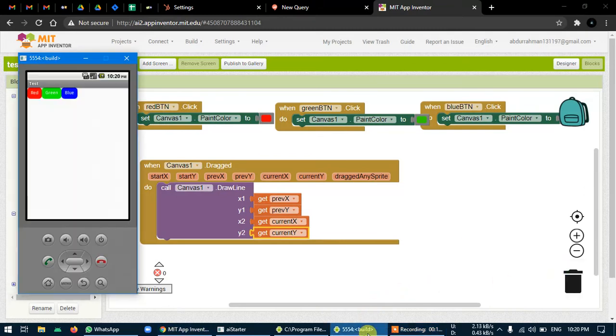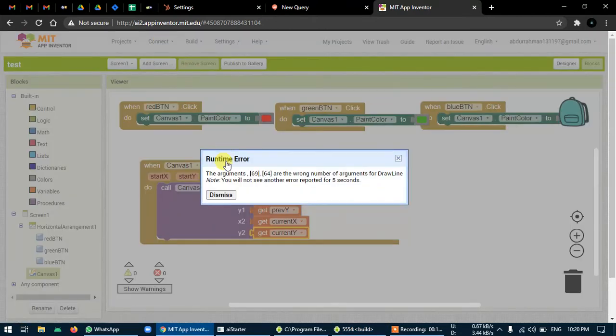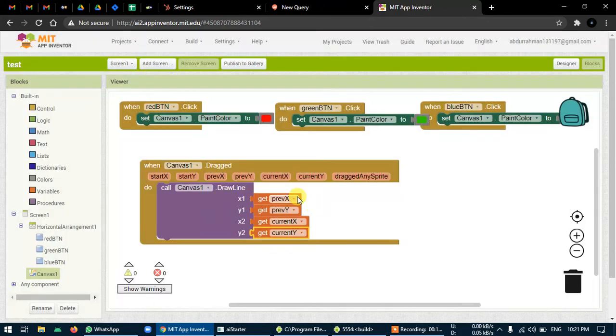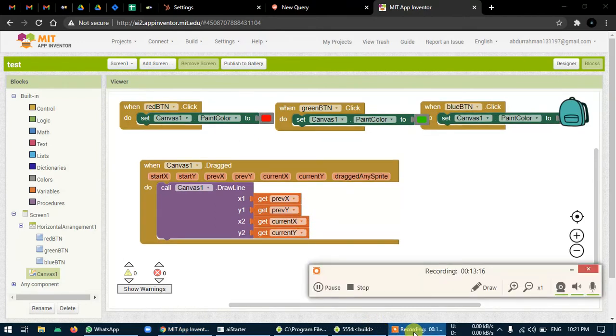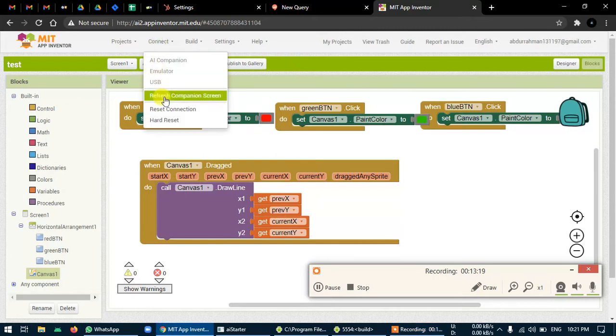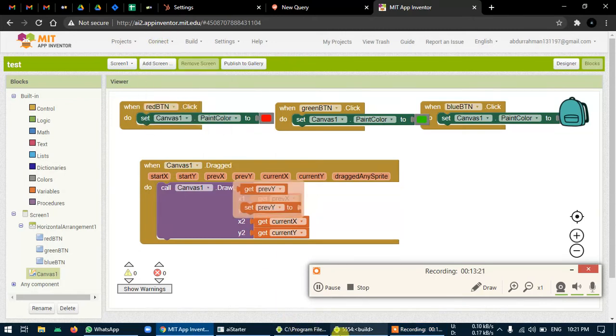So just go to pick color, red, and now I can. Okay, still it's not happening because we haven't refreshed it. We are getting some error. Let me just refresh it. Refresh the companion screen.